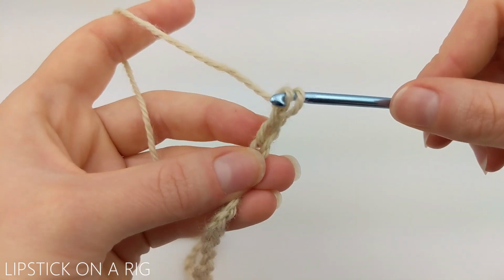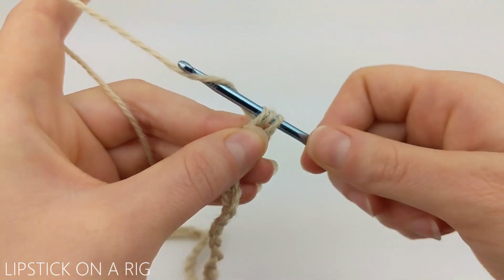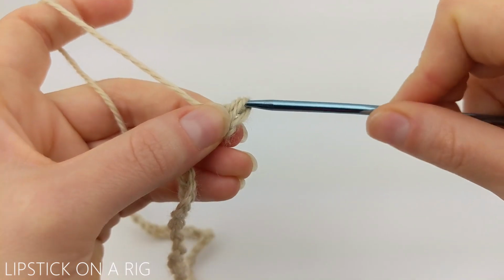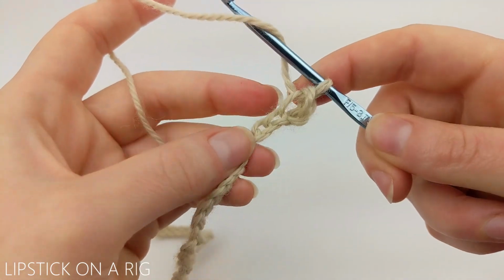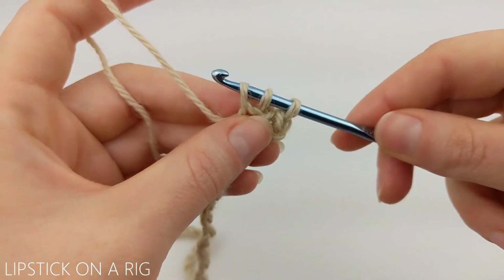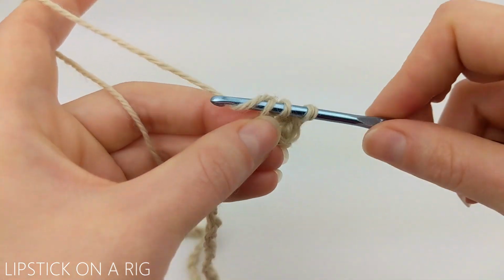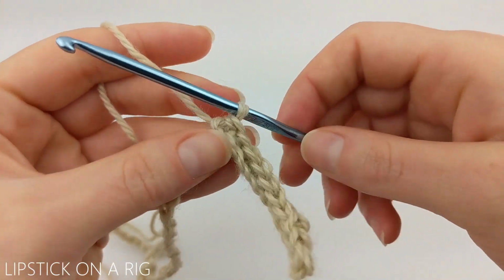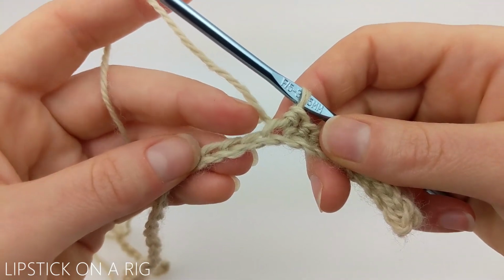So to do that, yarn over and insert your crochet hook in that back loop, and then yarn over and drop all the loops on your crochet hook. And we're going to repeat that in the back loop only of our next 9 stitches so that we have a total of 10 half double crochet slip stitches. And once you have your 10 half double crochet slip stitches, then you're going to skip your next stitch, and